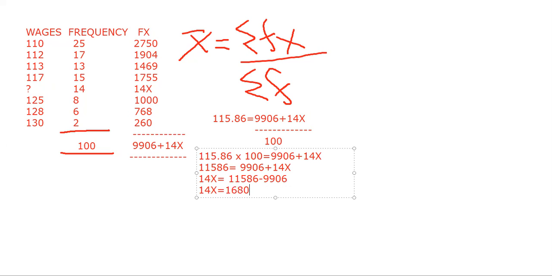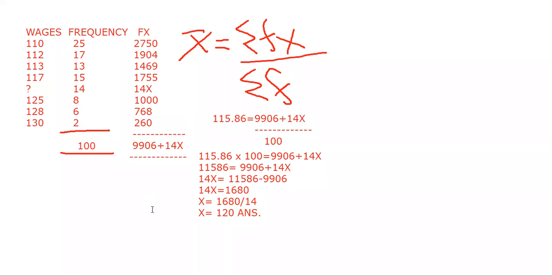I get 1680. From here, x comes out to be 1680 divided by 14. And what x am I getting? I'm getting x out to be 120. That is your answer. ये आ गया आपका आंसर।